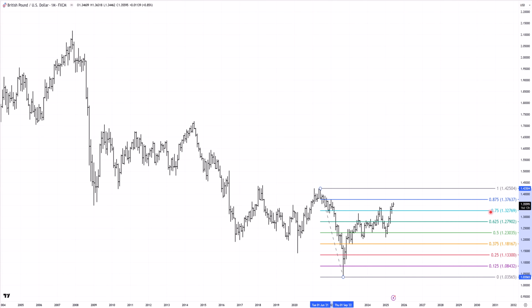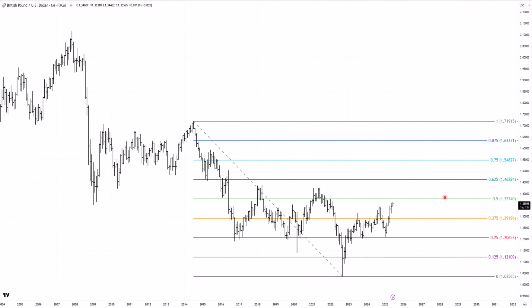As I said earlier, I think we're going to break above 142.50, but it doesn't have to just get there all in one hit. So it may stop at that 137 level, have a bit of a pullback, maybe even to that 37.5%. Do the maths in your head. If we have a low here on the 25%, and it runs up to 137.74 and then runs down to 37.5, what kind of retracement is that? You might like to type it in the comments below.